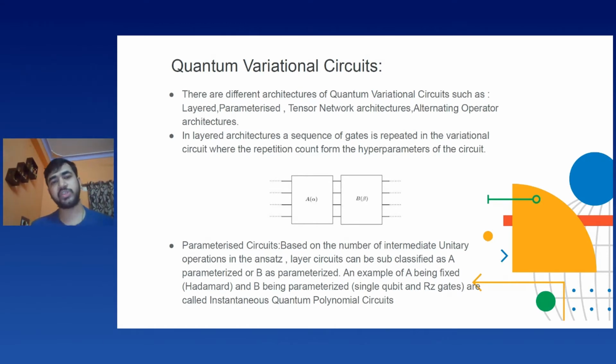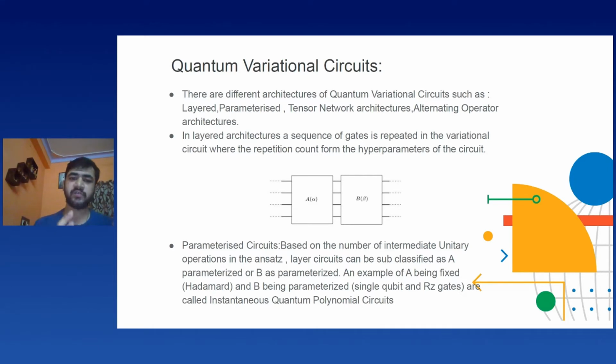So the most important aspect to know is that there are different kinds of circuits, or pure variational circuits, depending upon the architecture that we have. The most common are the layered architecture. Layered architecture means that you will have a particular block of layers, which are nothing but a set of quantum rotations. So these rotations, let's say in the figure that we see over here, A alpha, this will try to perform the C0 gate, Rx gate, and Ry gate, right? And followed by another different layer. This is layer B, which has different sets of rotations applied on that particular qubit.